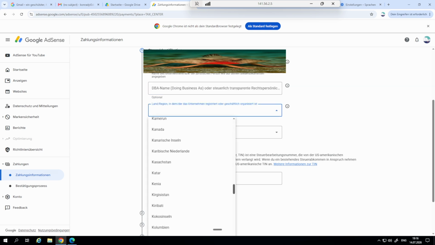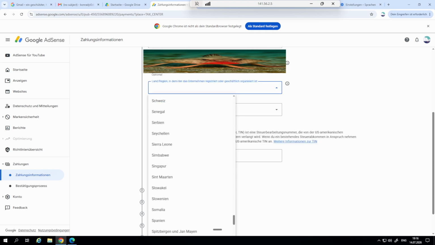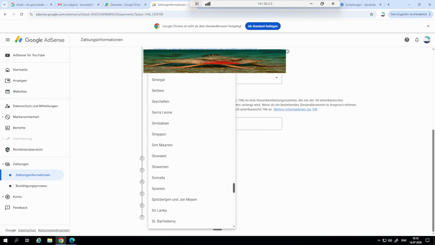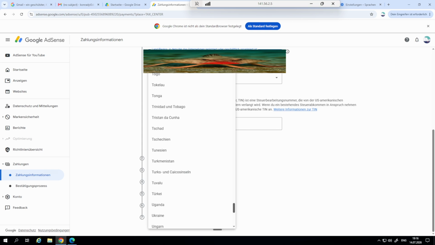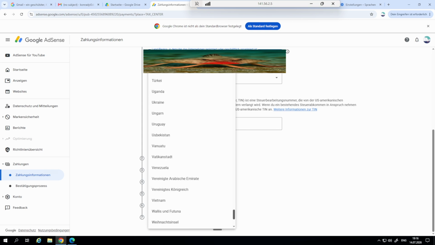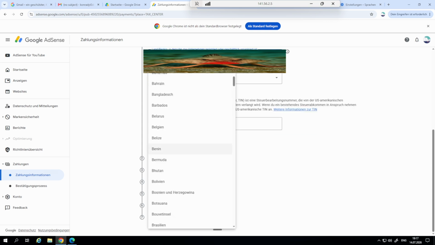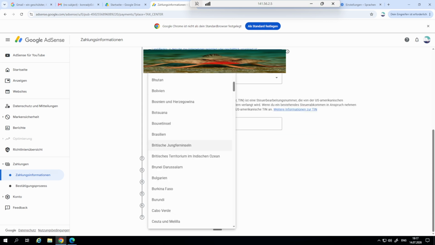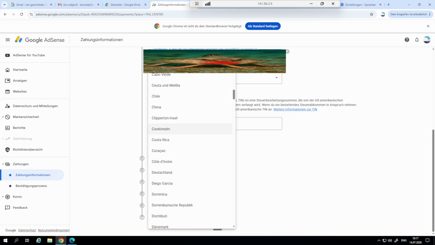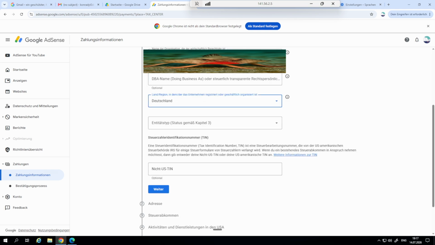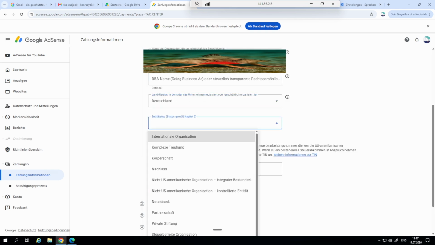Right here, you normally want to select United States, but United States, and that is something that was very confusing to me, is not something you can select here. In Germany, it would be Vereinigte Staaten. So what you're gonna do is select the country you're in right now, because it's the best option right here. And for the entity type, what you're gonna wanna click is